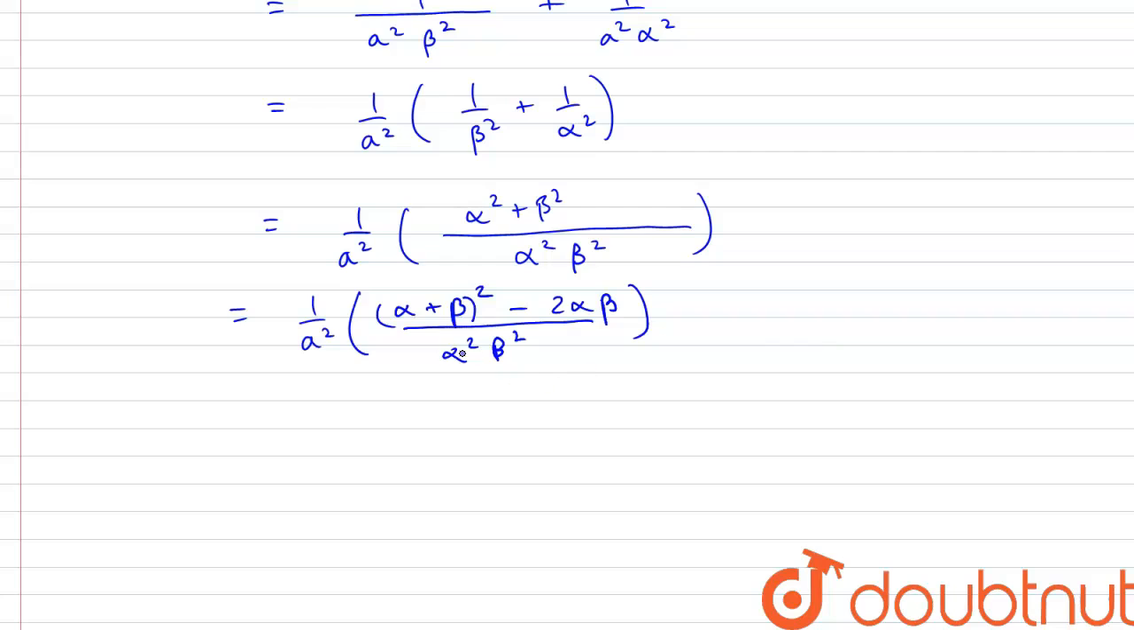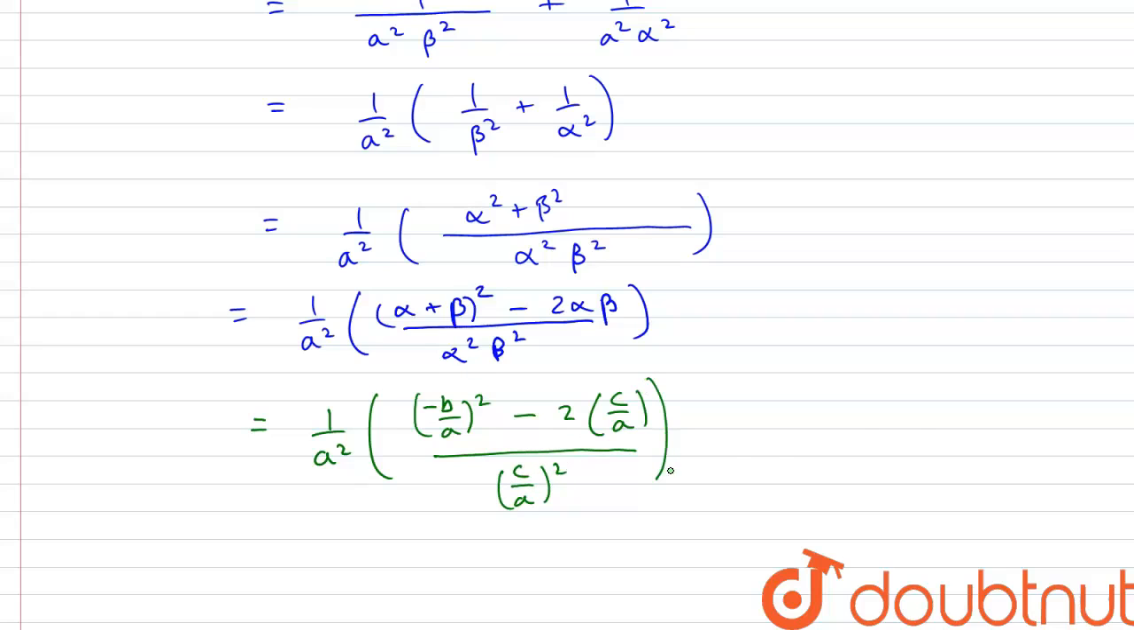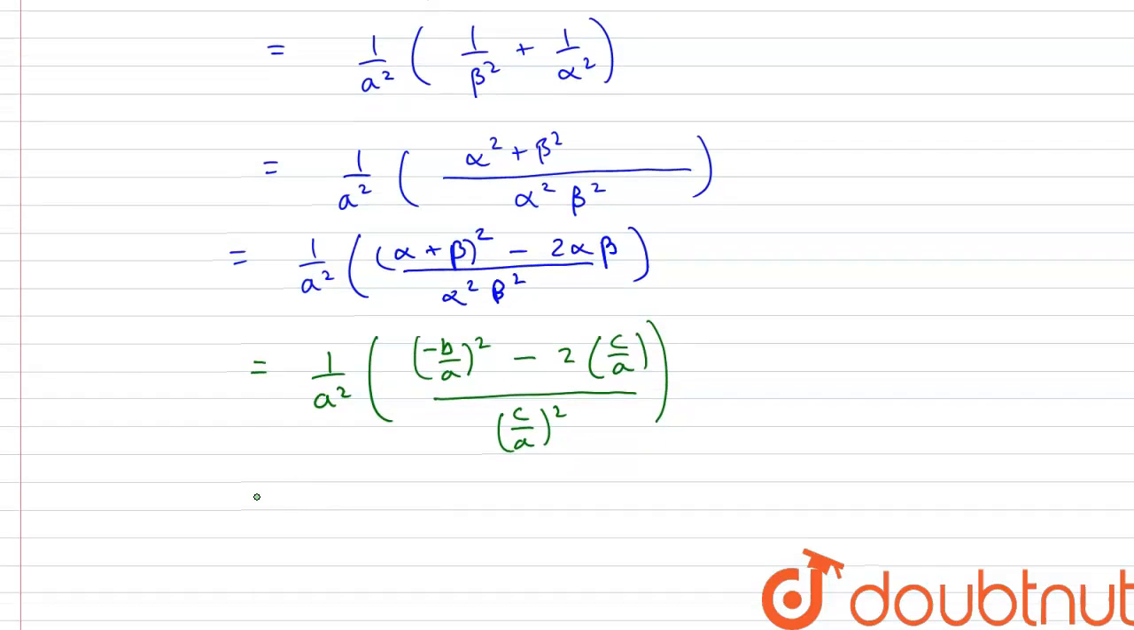Now we are going to make use of the fact that alpha plus beta is minus b by a and alpha beta is c by a. So this equation changes to 1 by a squared, alpha plus beta is minus b by a squared, minus 2 into alpha beta is c by a, divided by alpha squared beta squared would be c by a whole squared. So this is equal to 1 by a squared, and the numerator b squared by a squared minus 2c by a divided by this,